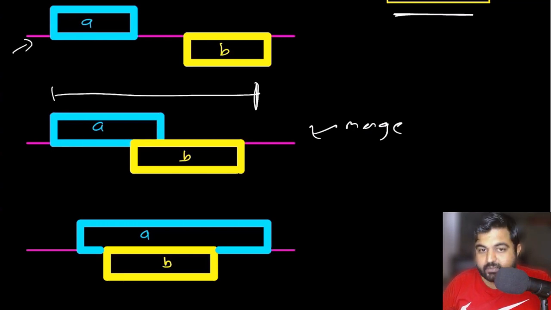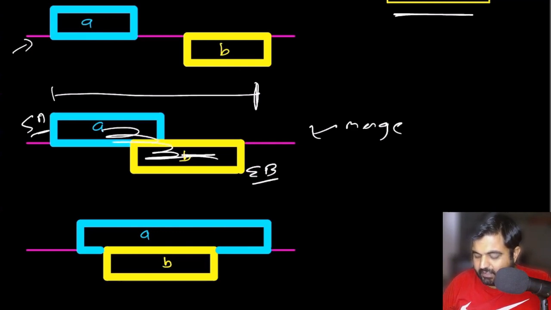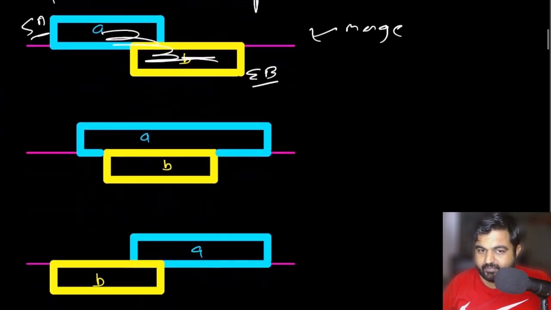Suppose we are asked to merge any overlaps. In this case, we would create an entirely new interval that looks like this, where we take the starting point of A and the ending point of B in this time sequence, and then both of these intervals are merged into a single interval. This is a very good type of interval problem.